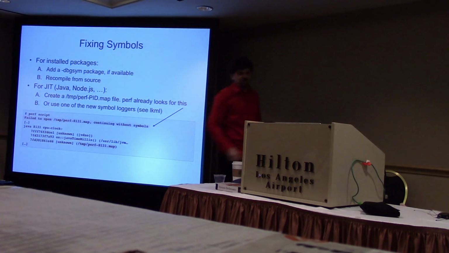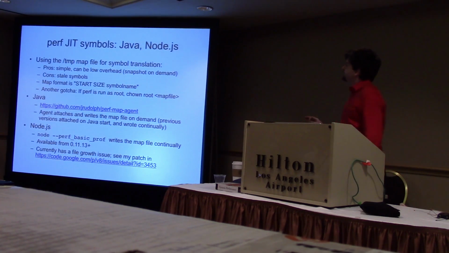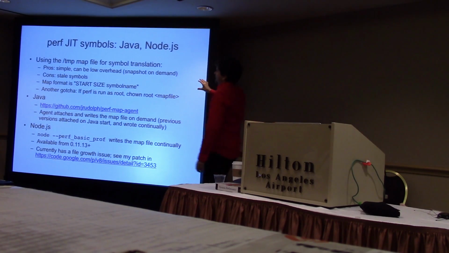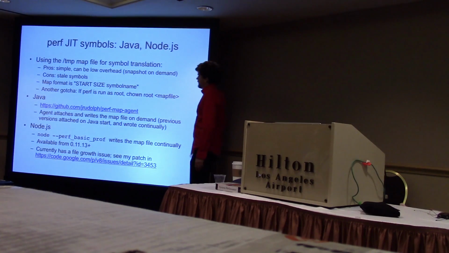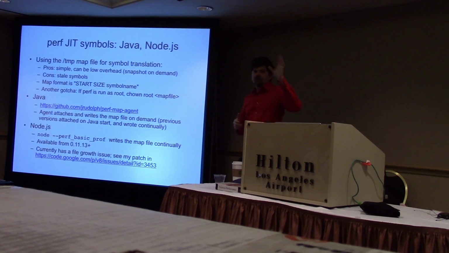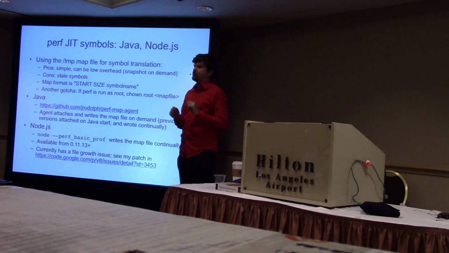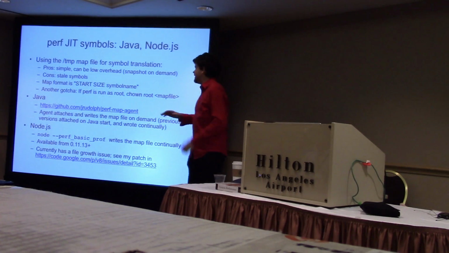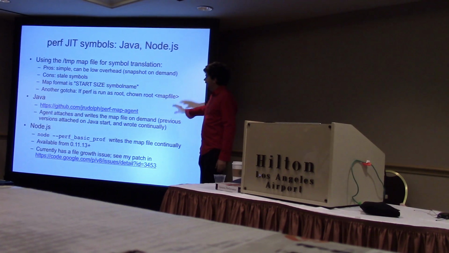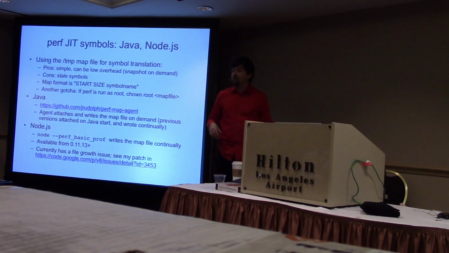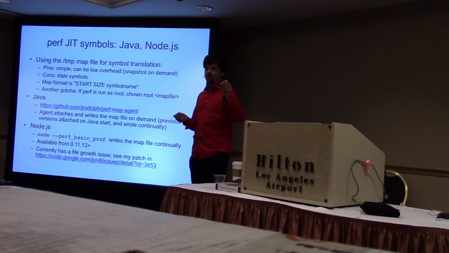And also when it's doing symbol translation, it mentions it. So the /tmp map file is nice and simple. In Java, we're using this perf-map-agent, which is on GitHub. It attaches to a JVM instance on demand and just dumps the map file. A disadvantage of this is it just does one snapshot. If you then do a profile for 60 seconds, symbols could slide during the 60 seconds, and so it can get slightly out of date. I haven't found it to be a big problem yet. And if it was a big problem, I would do a before and after snapshot around the profile and then just diff them to see if symbols moved.